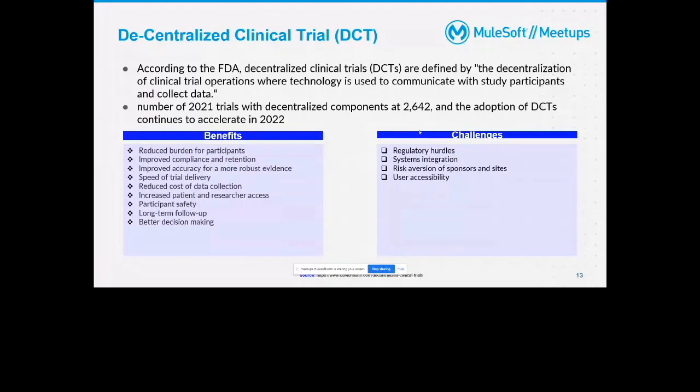They are still comfortable with that centralized clinical trial where a lot of manual processes are involved. And obviously user accessibility, because there are regions where people are not adequate with that much digital technology. So that is also a challenge. But overall, this decentralized trial process is gaining popularity, and the trend is increasing. Clinical trial organizations are going more and more toward decentralizing their trial process.